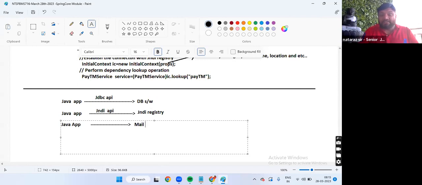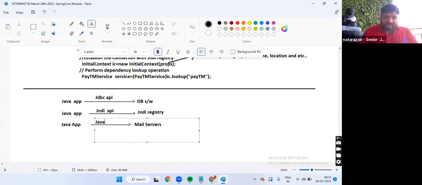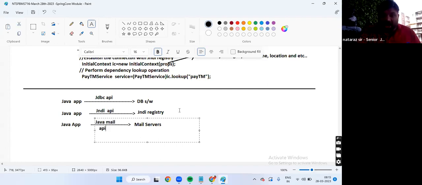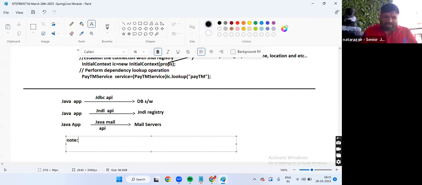Your email messages are maintained in mail servers. So for that purpose, we have the JavaMail API. What is the final conclusion? Java is providing different APIs to interact with different destinations.